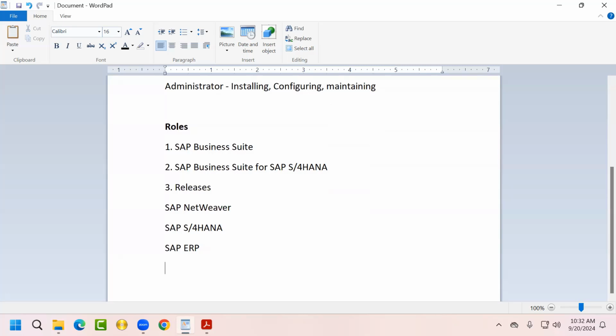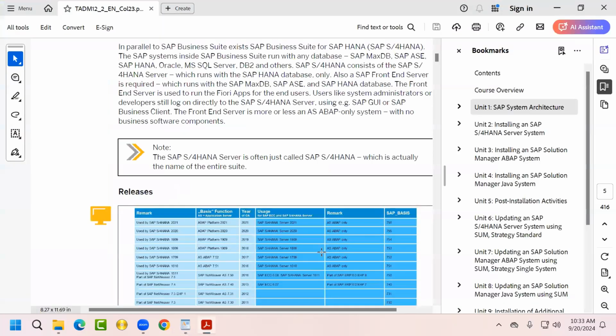For example, in the Linux operating system, Red Hat is there. In Red Hat also 9, 10 like that. SUSE Linux also has 10, 11, 12, 15 like that. In Windows also, Windows 7, Windows 10, Windows 11 versions are there. Like that here also. You want to know this one. So that's why releases is one of the important topics you must learn. After releases,